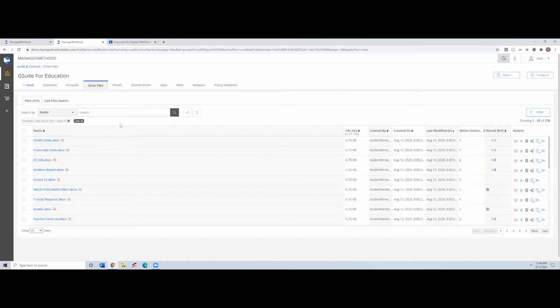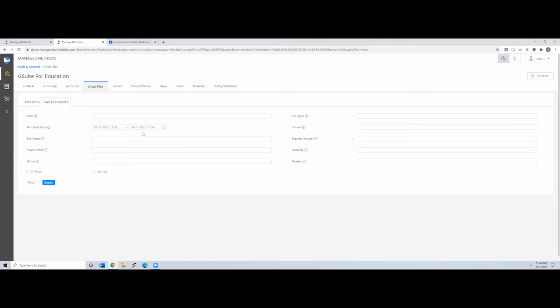These are copyrighted movies from film studios, right? So you really don't want to have them in your G Suite environment because that opens up legal liability for you. You can also do live file search if you're doing an investigation on a specific student. You can come and find all the files they created that have specific words or that might have been shared with the outside world, etc.